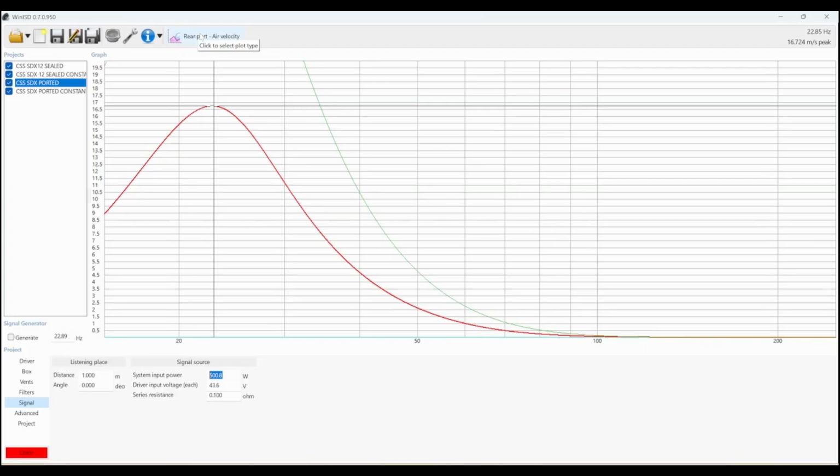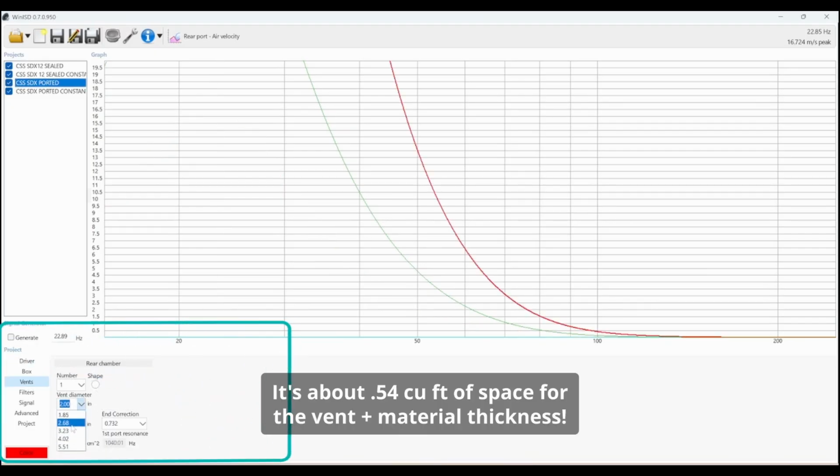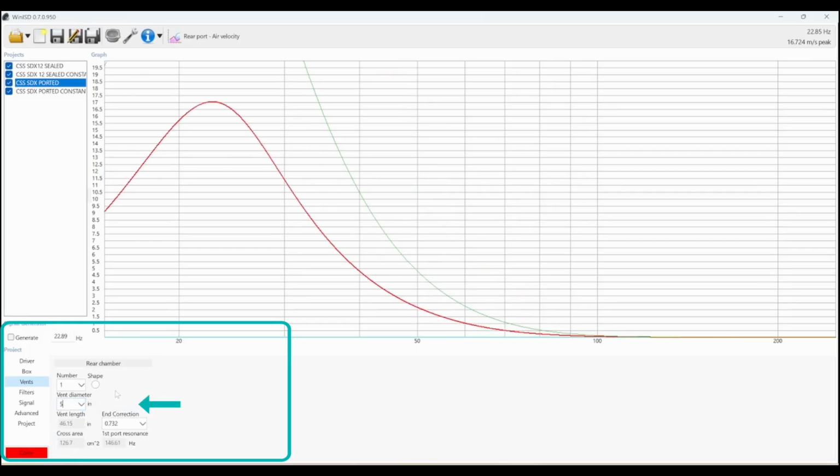Now, it was pretty easy to figure this out. All we have to do is figure out how to put 47 inches worth of vent at 2 by 10 into our design. Something to think about: if it was a round port, you could take this to a pretty big hole, and about 5 inches seems to do it. You could fudge this around, but obviously with cylinder vents, round ports, they're hard to build